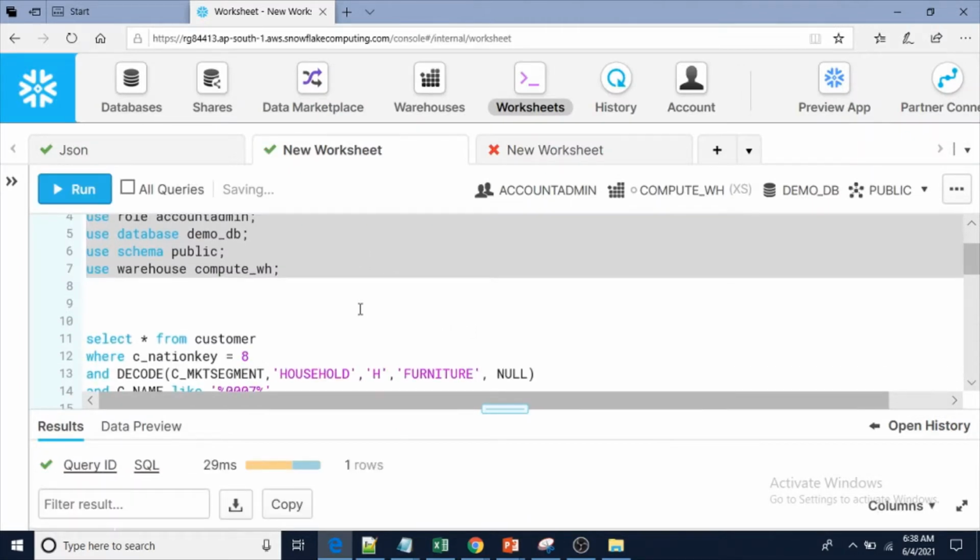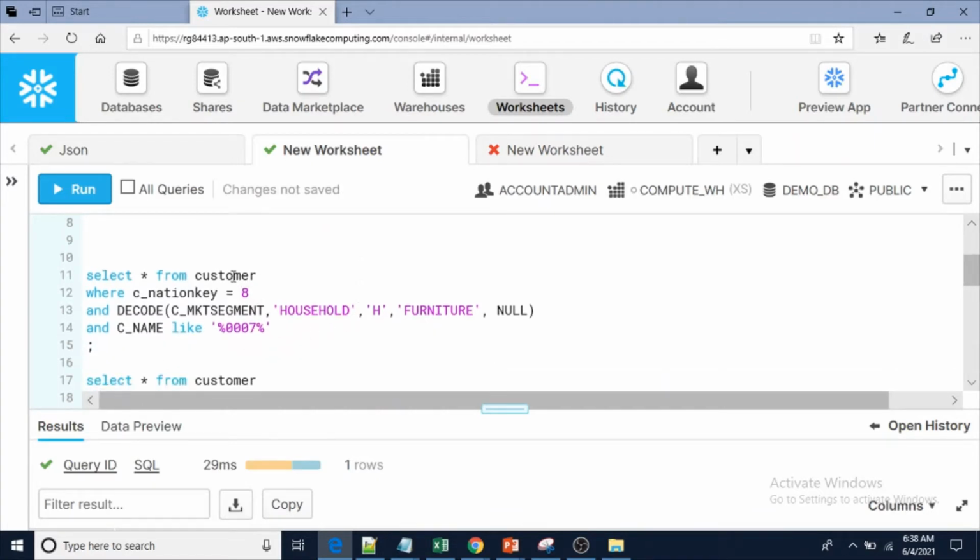Here I have a customer table. From that customer table, I'm trying to query the data by using different where clauses. Please note that here I am using very little, one table and three where conditions.